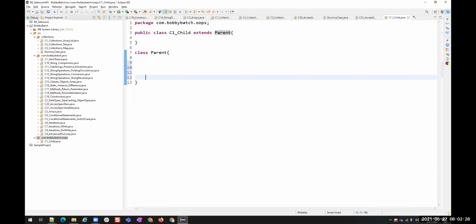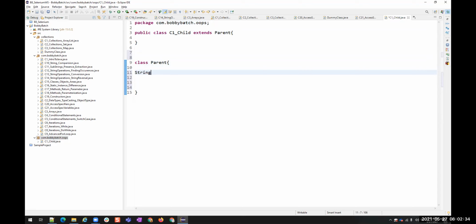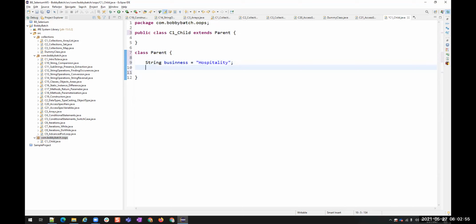Fine. Now let us create some variables and some methods inside this class. Say String business equals hospitality, something hospitality. I have this. And then create a method, public void getPropertyList.